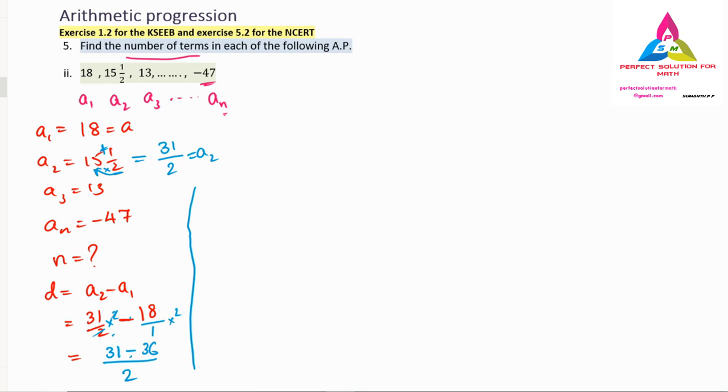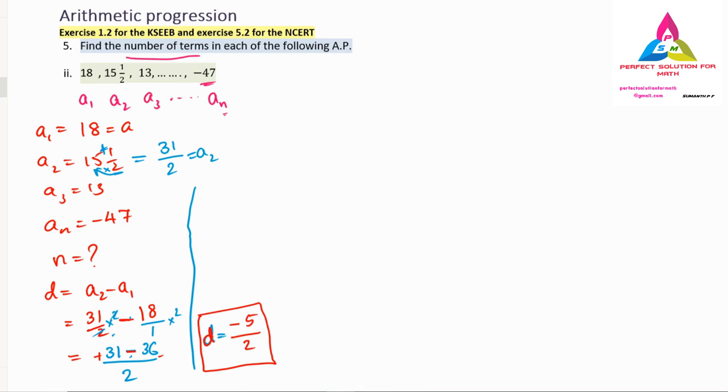So the continuation is nothing but d is equal to, I will write down d here only. So d is equal to 31 minus 36. What is 31 minus 36? Here the greatest number is 36 having the negative symbol, so negative. One is plus, one is negative. So whenever this situation comes, the greatest number and the lowest number we have to subtract. So 36 minus 31 is nothing but 5 divided by 2. So our d value we found is minus 5 by 2.